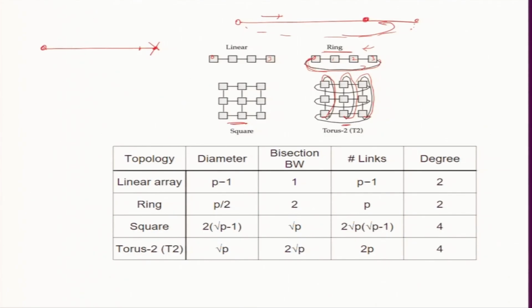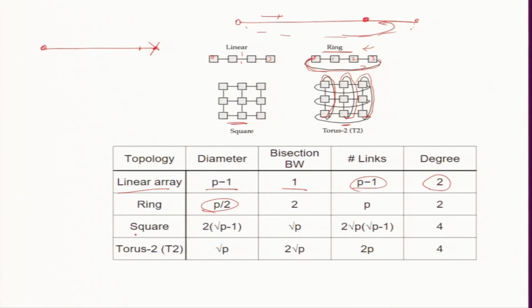Now, we can just work out various diameter, bandwidth, links and degree for these 4 architectures. For linear we have already done it, well I showed it for 4, but the diameter will be p minus 1, the cross section bandwidth, where I cut it, is 1, links is p minus 1 and degree is 2 except at the end points, which will be ignored for a long chain. Okay. For ring the diameter is p by 2. So, these numbers I will not discuss, you can just work them out.